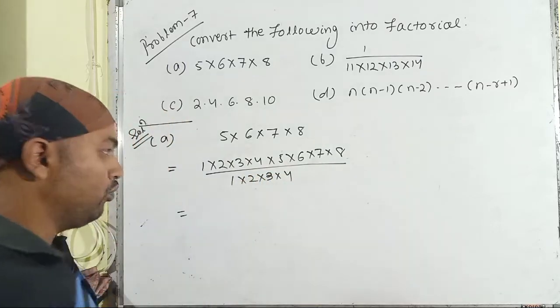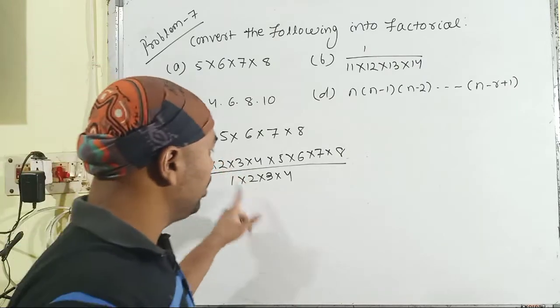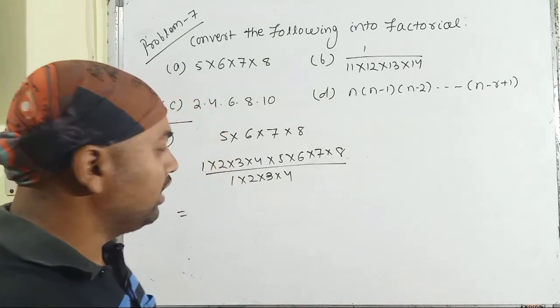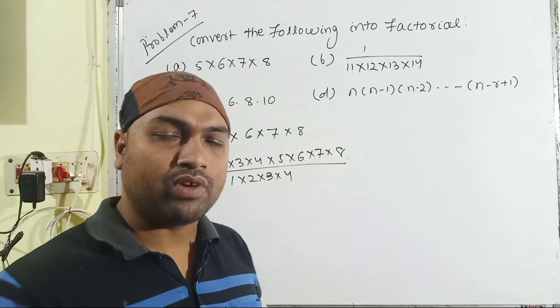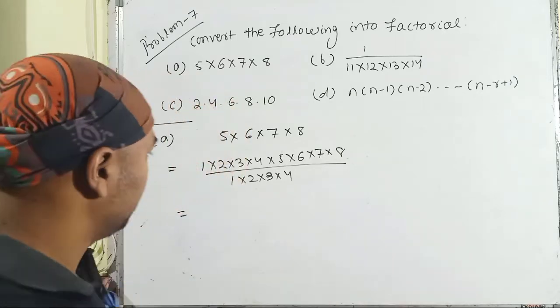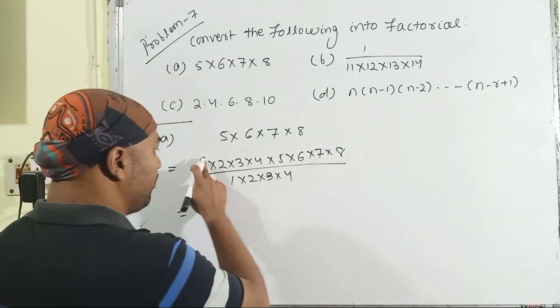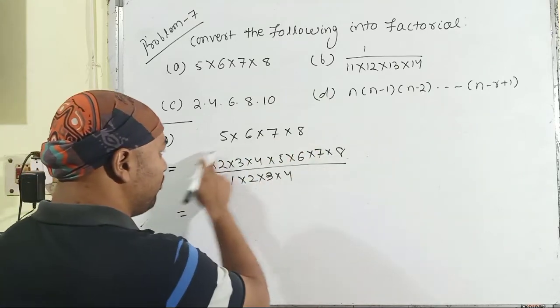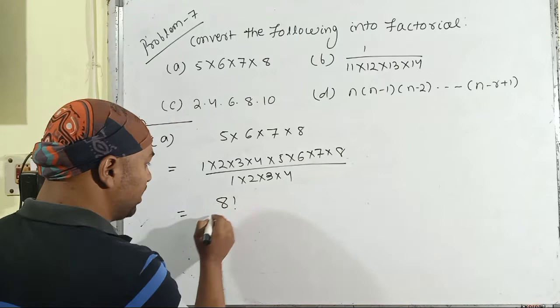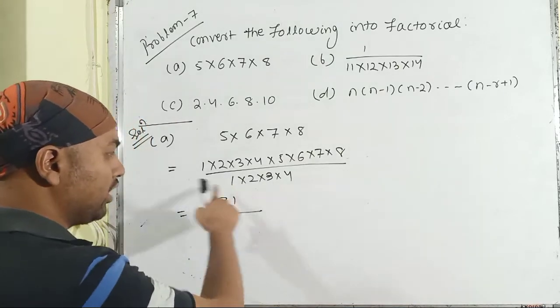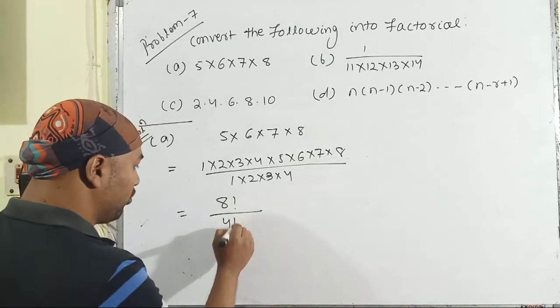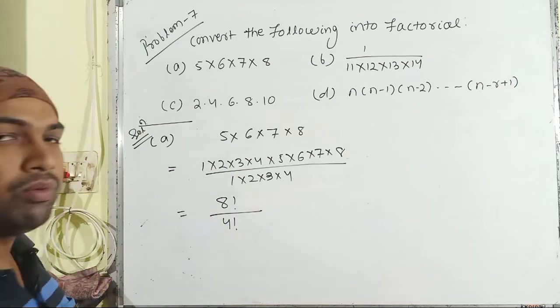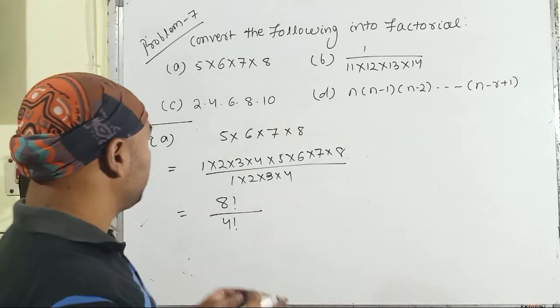Now you can see that both the numerator and the denominator are in the form of a continued product from 1 up to the last number. So it will be the continued product of all of the numbers starting from 1 up to 8. That means it is 8 factorial. Then the denominator is also like this, and it will be in the form of 4 factorial. And this is the solution of the first bit. Then moving towards the second bit.